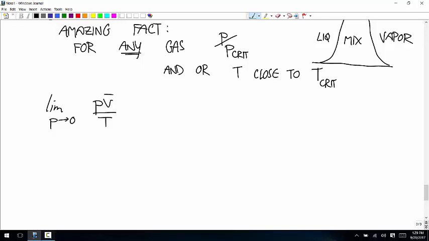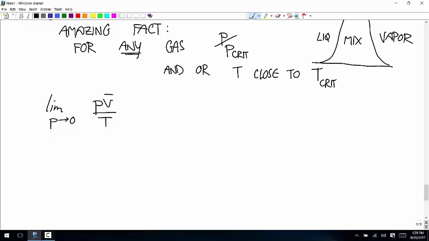The pressure, you don't want to be close to the critical pressure. The temperature you do want to be. The pressure you want to be as small as possible for this to hold. And so whatever gas, let's say air, start with air. So you do something to it, measure the pressure, measure the specific volume, measure the temperature, and